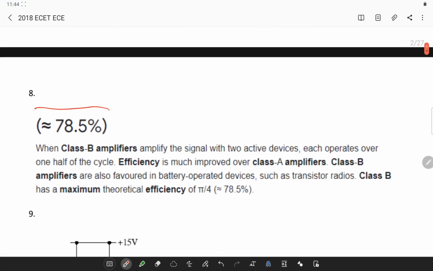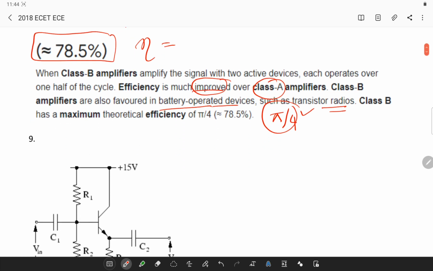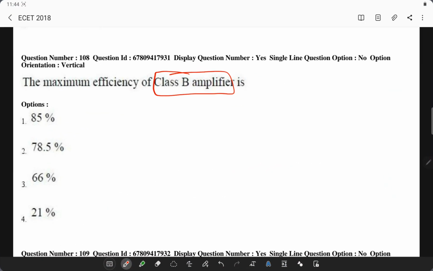In a class B amplifier, the student has to remember the efficiency is 78.5%. This is higher compared to the class A amplifier, or simply you can remember it as pi by 4. It is mainly used in battery operated devices and transistor radios. Now